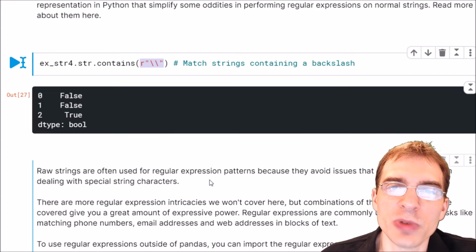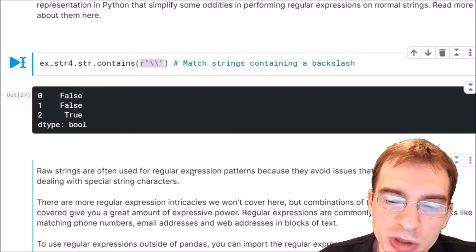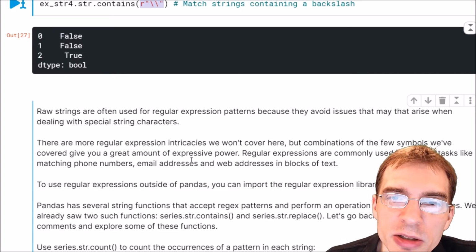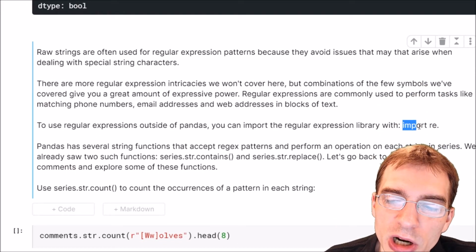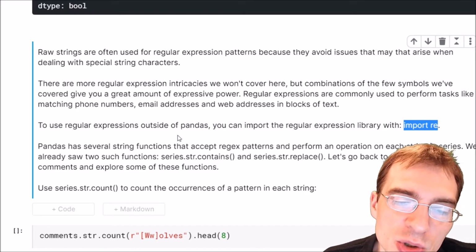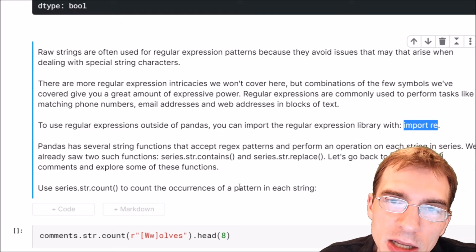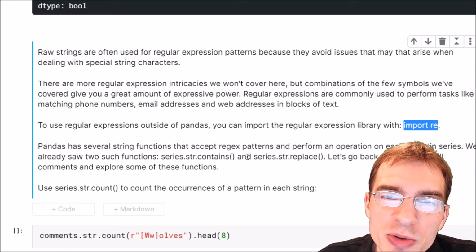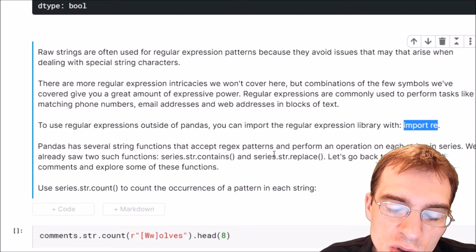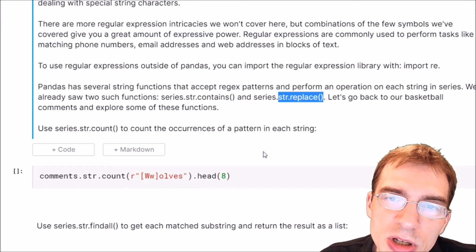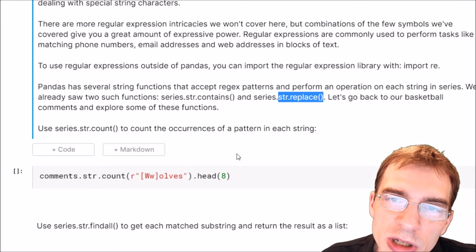Now, thus far, we've been using regular expressions within the context of Pandas string functions. You can use regular expressions in built-in Python as well, but you have to import the regular expression library. To do that, you just do import re for regular expressions. And there's a host of functions within that built-in package as well that you can use to run a lot of regular expression functions. Now, the Pandas string functions we've been using so far, a lot of them accept regular expressions to match strings instead of just full substrings. Actually, 2 of the functions we've looked at already accept regular expressions. The str.contains and str.replace functions, both of those accept regular expressions, so you don't necessarily need to write out full substrings if you want to do more complicated string matching,